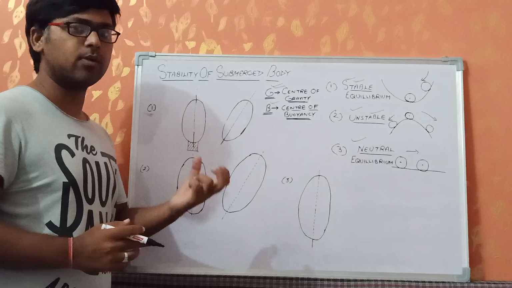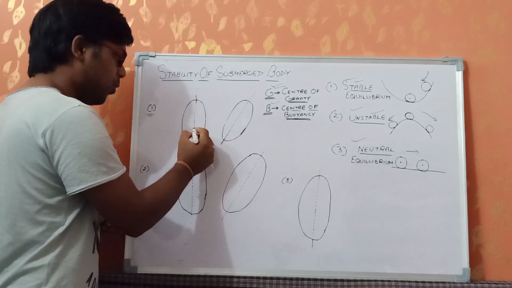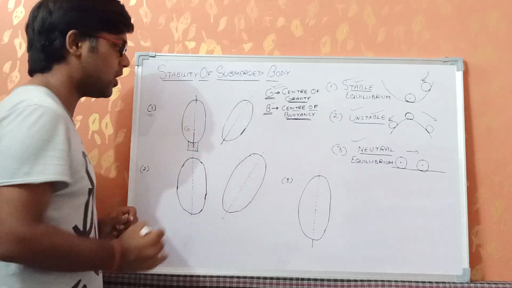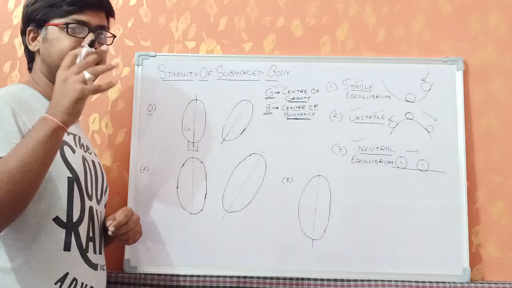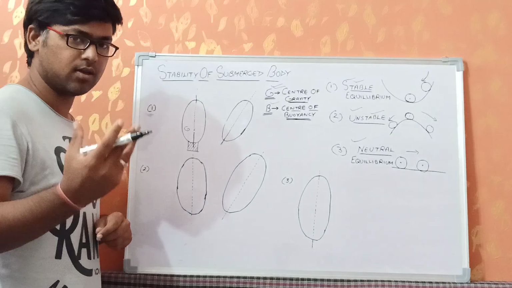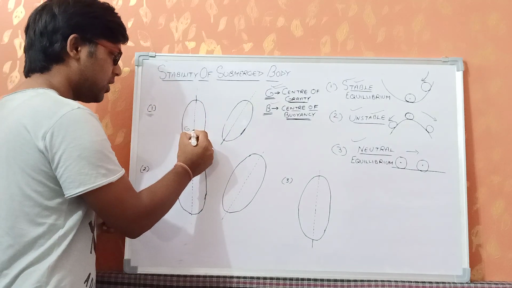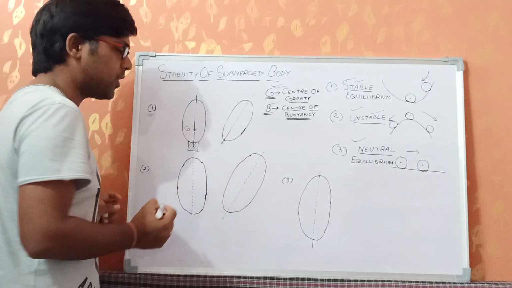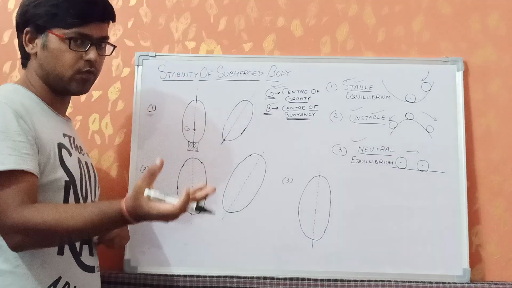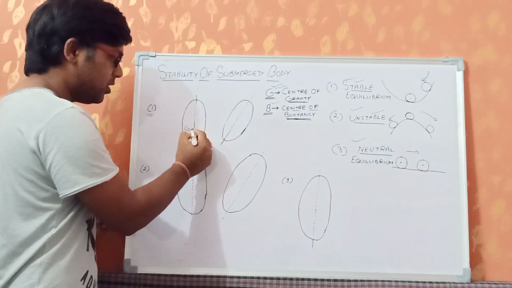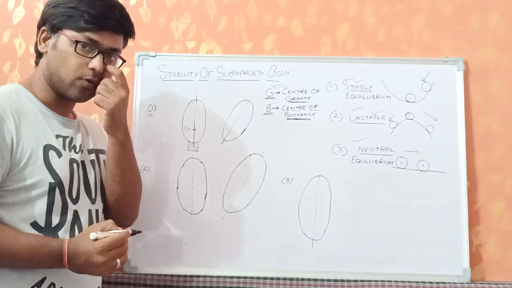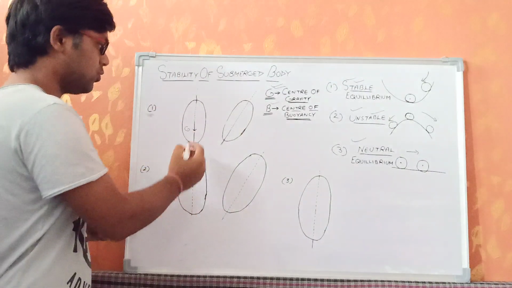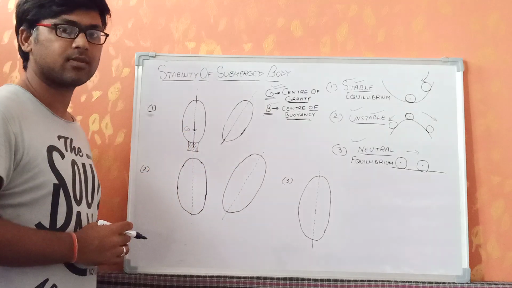Now if the body is bottom heavy, obviously the point G, that is called center of gravity of the body, or the point where the entire weight of the body is assumed to be concentrated, is basically G, and it is acting in the downward direction. As you guys know that the weight of the body always acts in the downward direction. So center of gravity basically represents the point at which the weight is acting in the downward direction. So this is B. Clear?